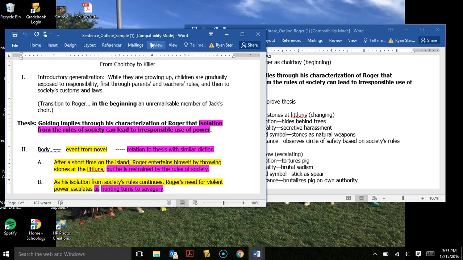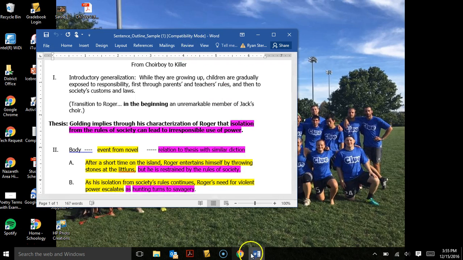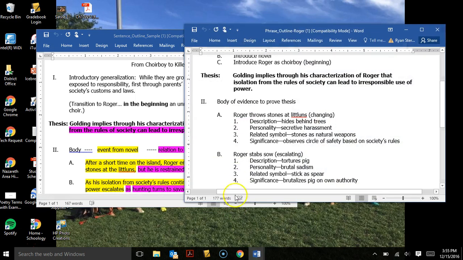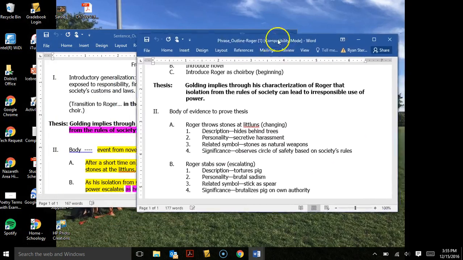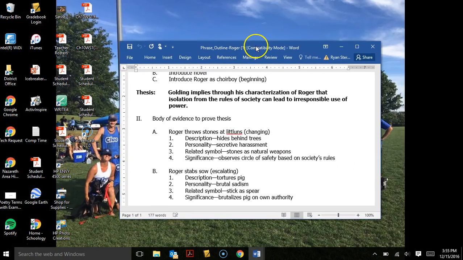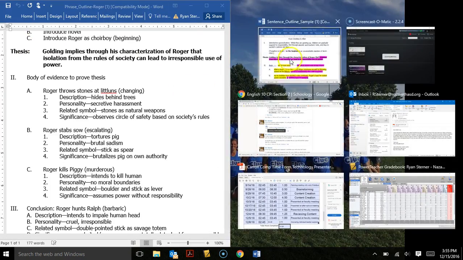All right. So I gave you the physical handout, so you're welcome to write it on that if that's easier for you. But I'm also going to provide this document on Schoology, so you can use that if you would like. What I would recommend is opening up your phrase outline. So you have your phrase outline here, and mine's obviously in Word, but yours will be in Google Docs. You can do the same thing in one window, and then you drag it to the left, and it's going to dock over there.